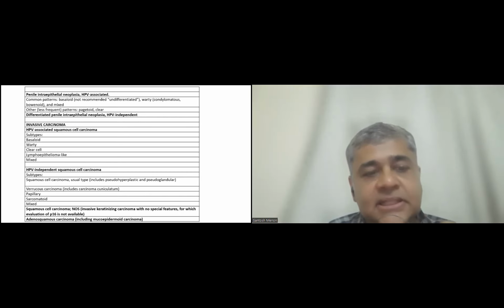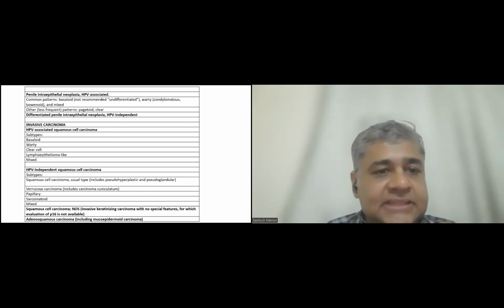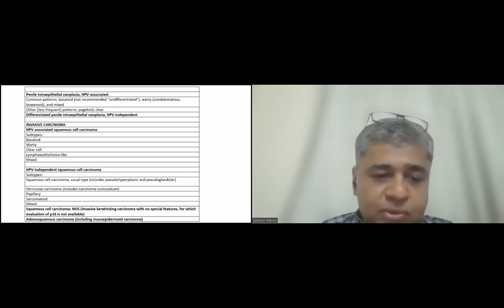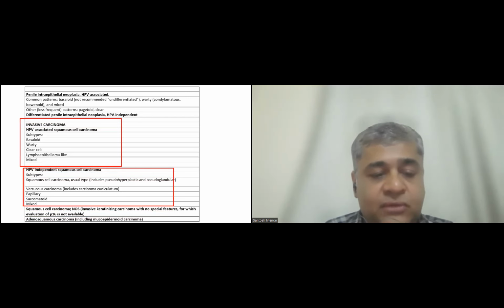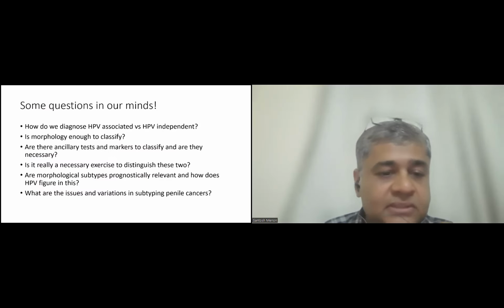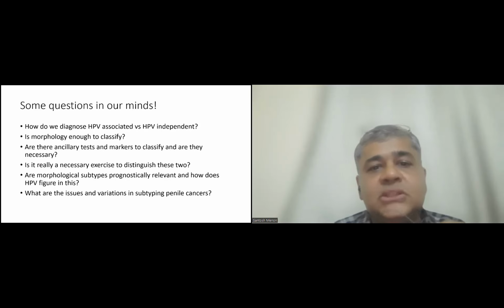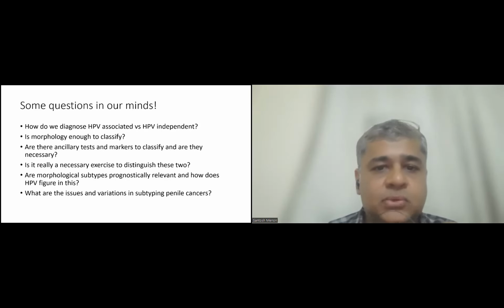These are basically classified based on their morphologies as well as by employing p16 immunostain. So if you don't have p16 for evaluation, you may end up calling it just a squamous cell carcinoma, not otherwise specified type. So some questions which come into our minds when we talk of squamous carcinoma of the penis are: